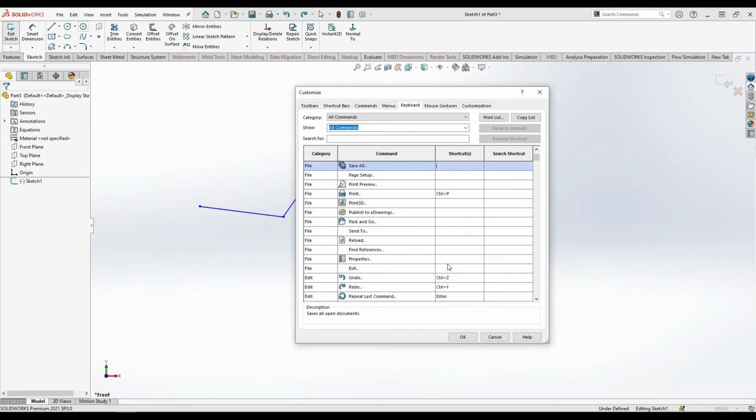So it is better to use something like Pack and Go. Just click the P. So P is okay, it is acceptable. So you can use the P and just click okay. So you want to give your own shortcut keys also, and it is better, because many of the shortcut keys